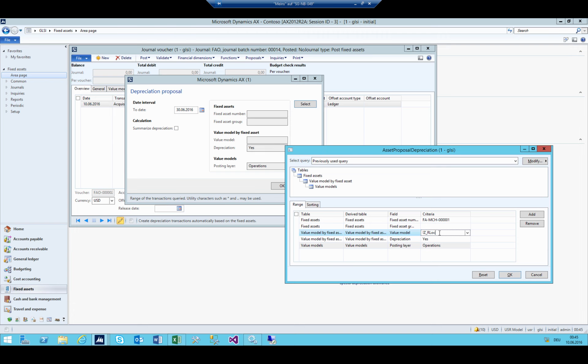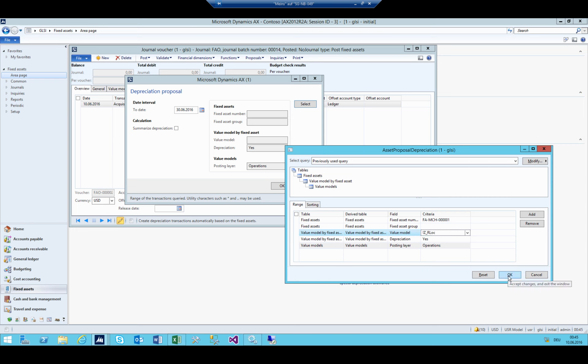If you do it the way I did, I don't need this filter because the set R log is already depreciated, because it was derived from the local value model. But if you would just run both before posting the local one, it would appear in here. You would end up in an error, so you should do it this way, basically always. It is more secure if you say never go to make a proposal for the value model set R